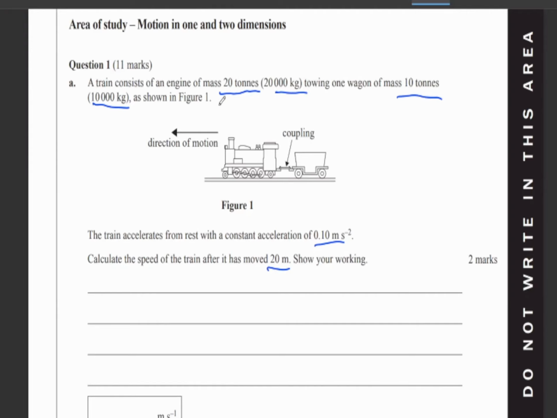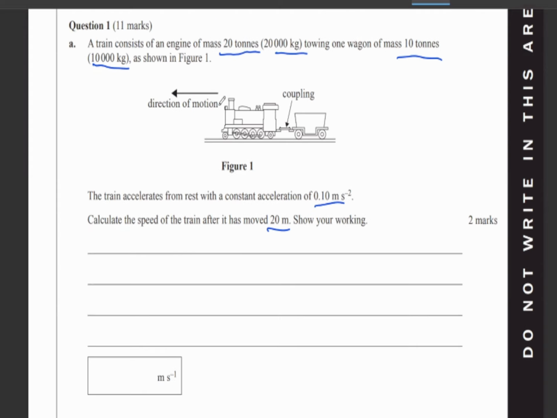There's a train with an engine of mass 20 tons. Calculate the speed, so we just use that, v squared equals u squared plus 2as. We know it starts from rest, so u equals 0. V equals root of 2 times acceleration 0.1 times distance 20, and that should equal to